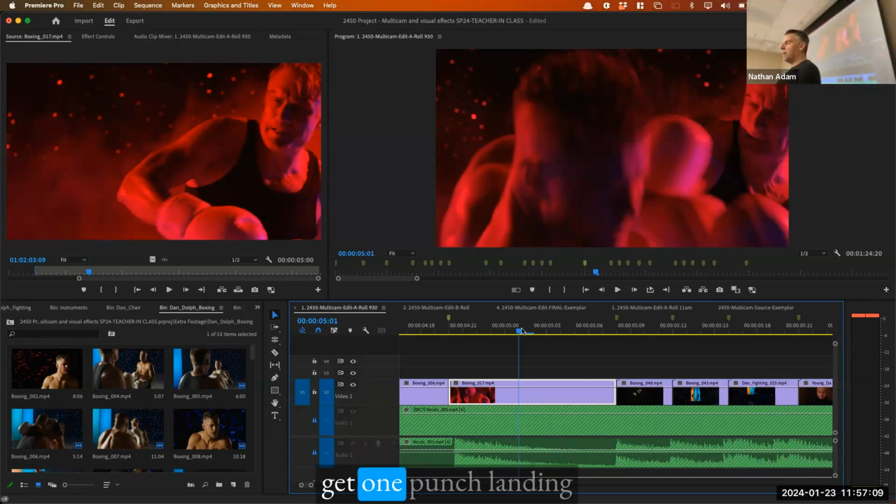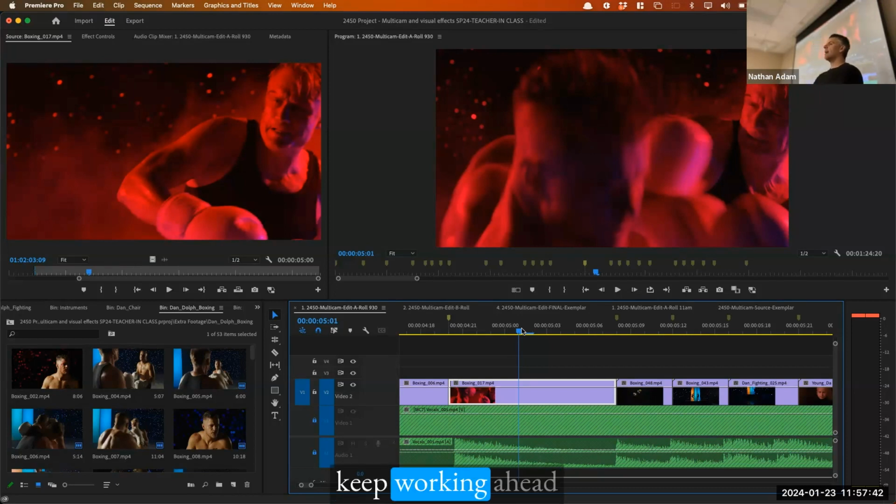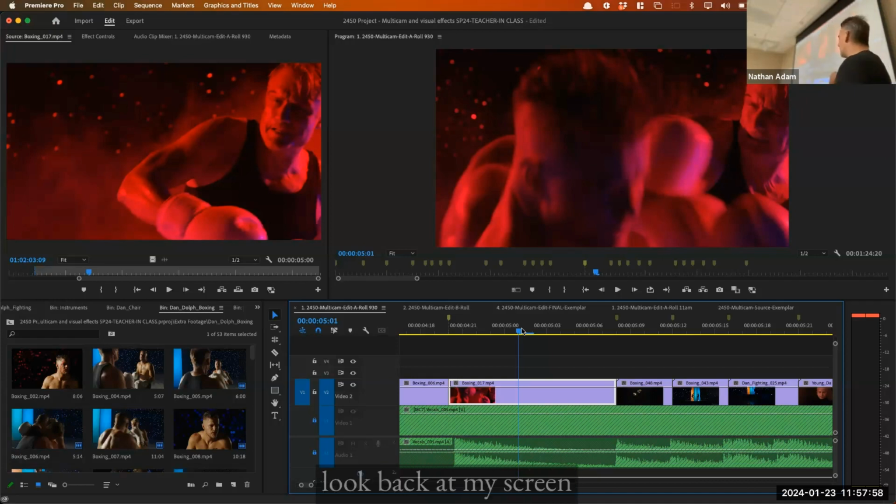When you're able to get one punch landing right on a snare hit, throw me a thumbs up. Okay, got about half the room. And you can always keep working ahead on adding other B-roll throughout the project if you finish up before everybody else. All right, once you've got at least one punch edited to the snare hit, look back at my screen